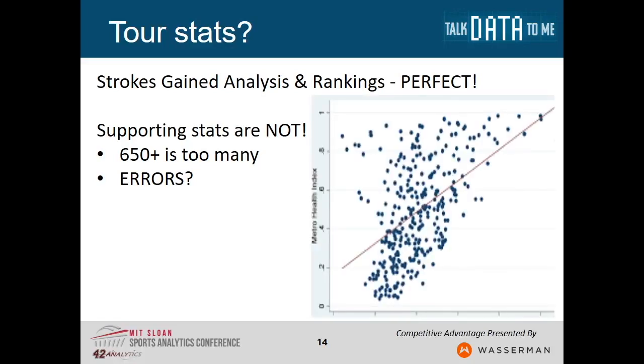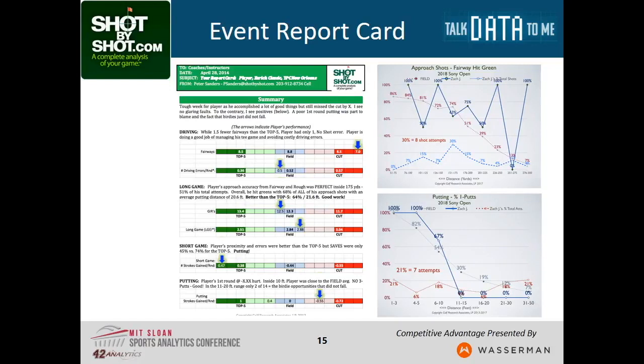But I think most of the coaches that I deal with out there and the players, they view these stats as a giant, confusing scattergram. What I do differently is each week I download the tour's ShotLink data and I reprocess it my way. And I produce this 2-page report where I basically go through each of the major facets of the game and explain exactly why the player finished where they did. And I support it with a page of graphics.